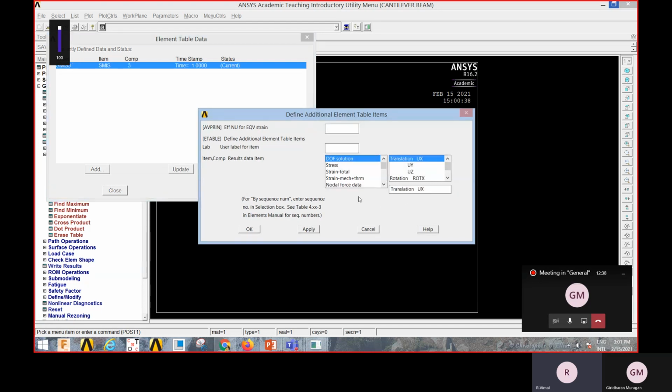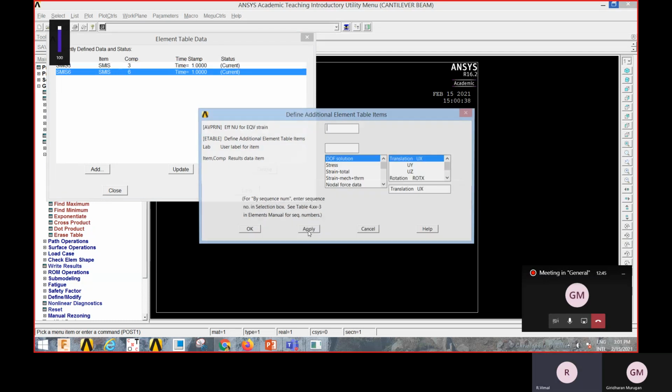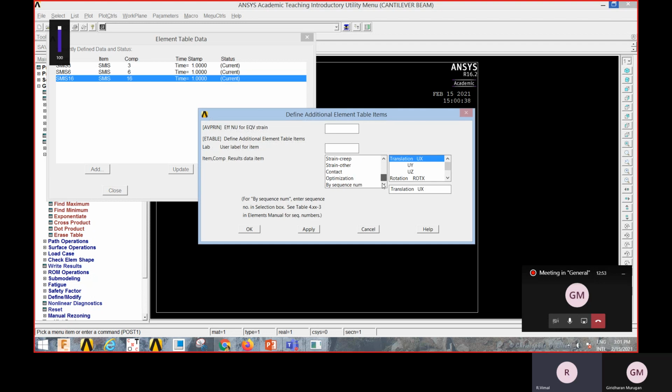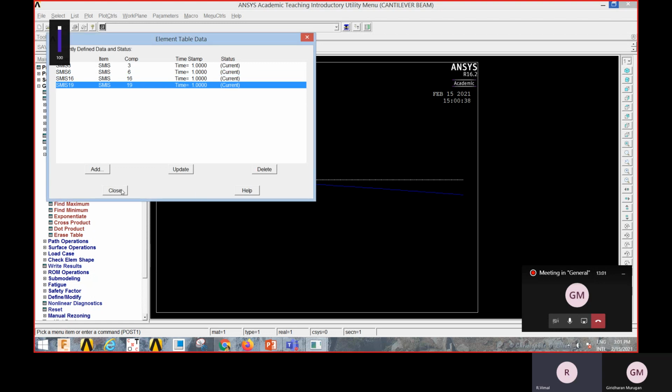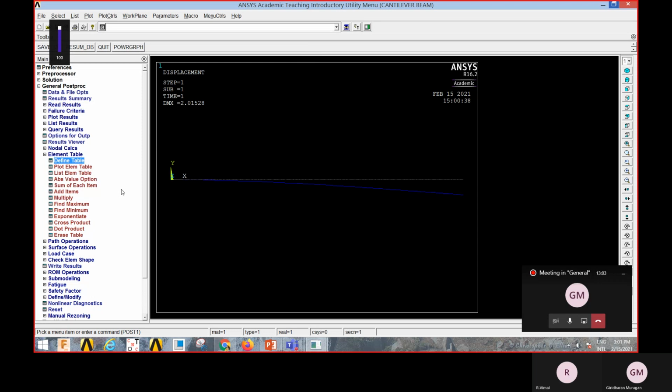Click apply, then again scroll down by sequence number, now 6 and then apply. Next again by sequence number 16, apply. Now the last one by sequence number 19, click on OK now. So we have added four elements in the element table.